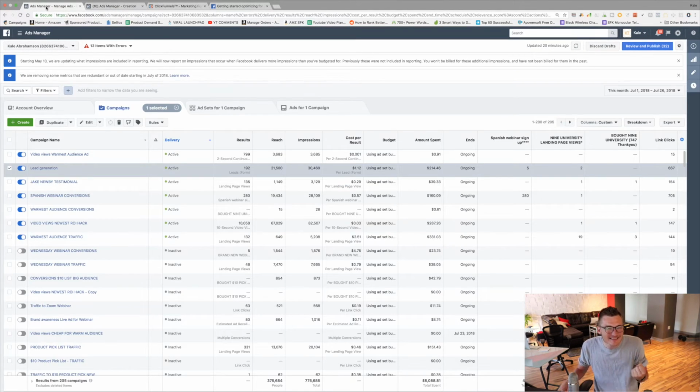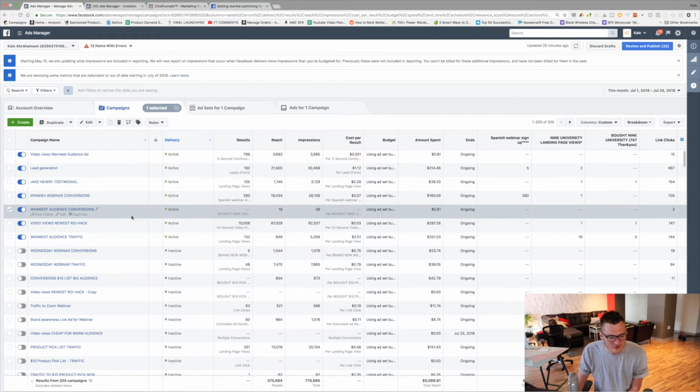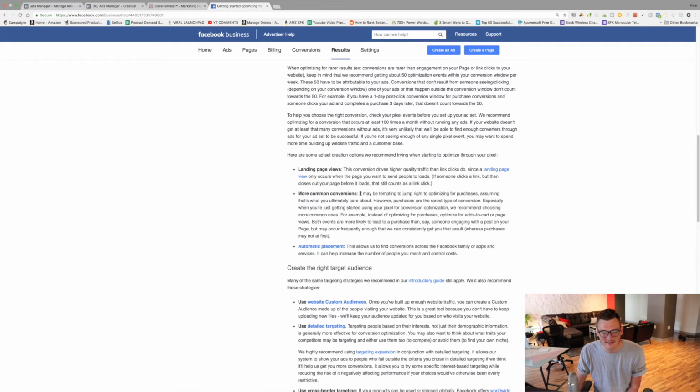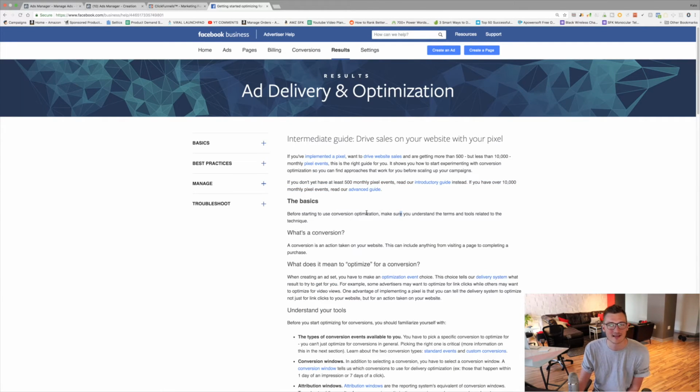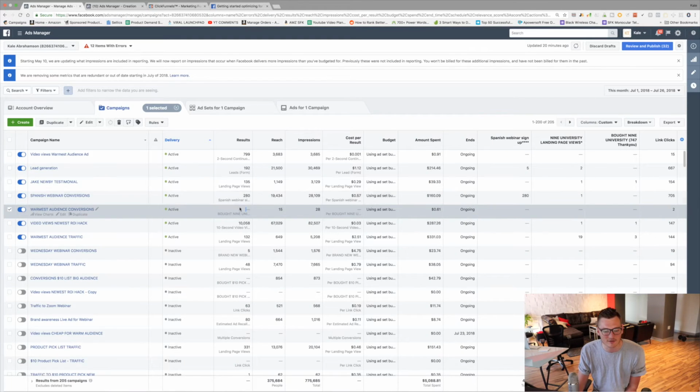And this is the kicker, this is why I'm so excited that you're here, guys, and it'll actually work. So remember when I showed you that this one wasn't working because it wasn't getting me any conversions because there wasn't enough data? And then I explained that the reason it's not working is because I don't have 500 monthly pixel events, and Facebook literally says if you don't have that many pixel events in a month, it's not going to work. So I wasn't getting enough conversions to make it happen, but I was still able to